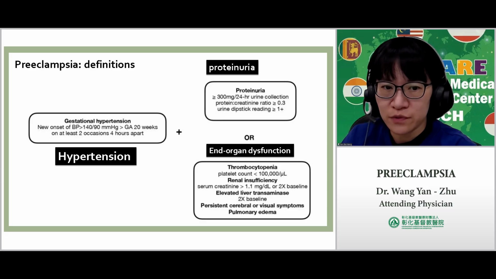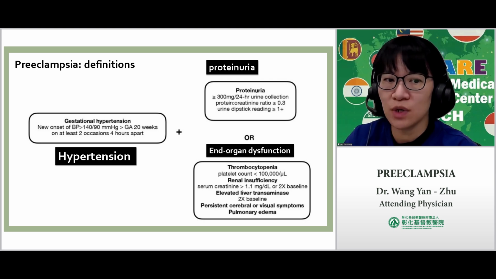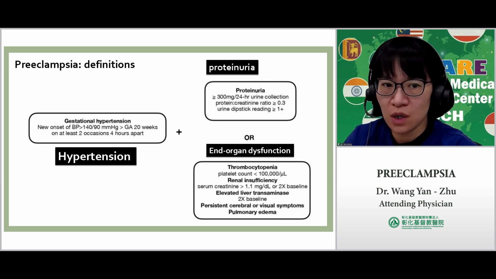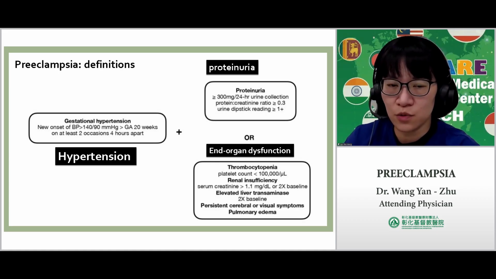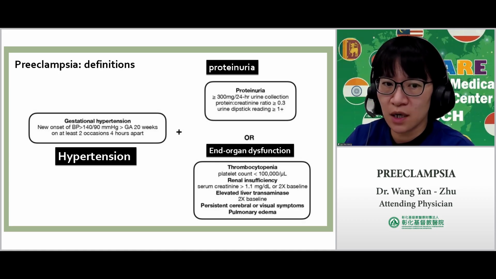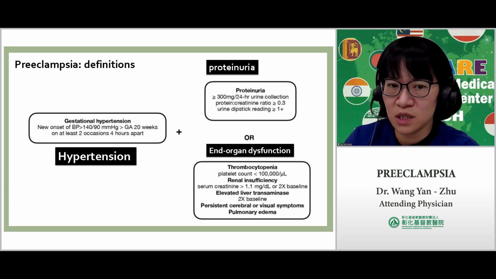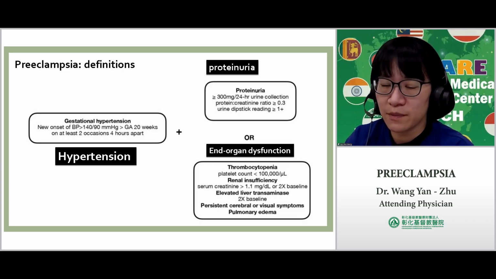So the definition of preeclampsia. We already understand that it can harm our vessels, so you will develop hypertension after 20 weeks. If you have a new onset of blood pressure of more than 140 versus 90, systolic 140, diastolic 90, after 20 weeks of gestation, remember that you have to measure it 2 times, 4 hours apart,